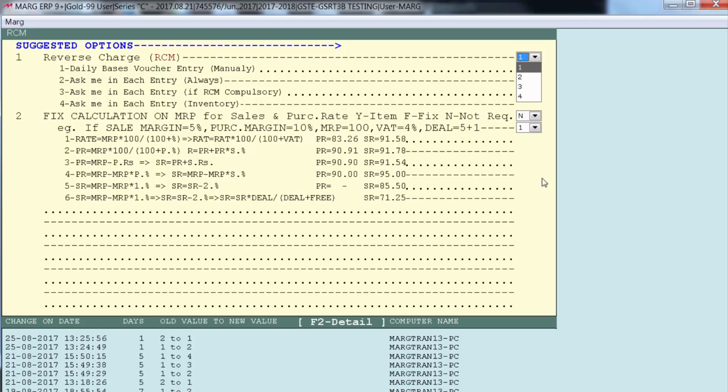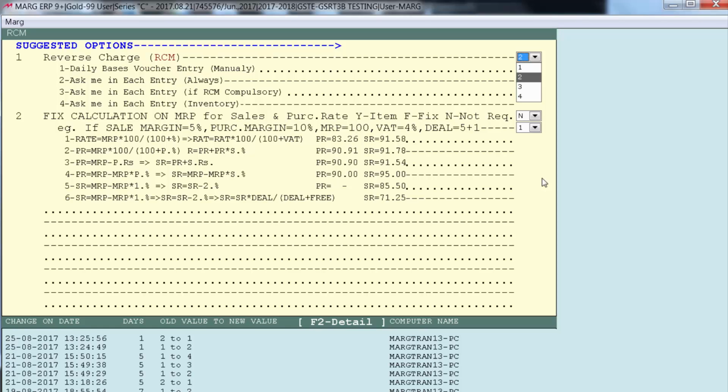But if you want the software to ask you for a reverse entry after every entry, meaning whether you want to do a reverse entry or not, then you will set this to 2. Even if by mistake you select no for reverse charge, at the end of the day when you do the reverse charge entry, a list of those entries will appear whose reverse charge you have not generated. So the software sees to it that a reverse charge entry is done for all the daily and compulsory expenses.